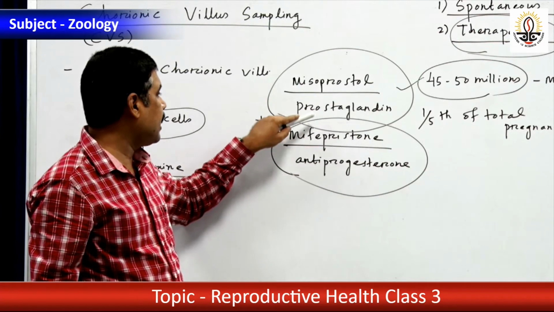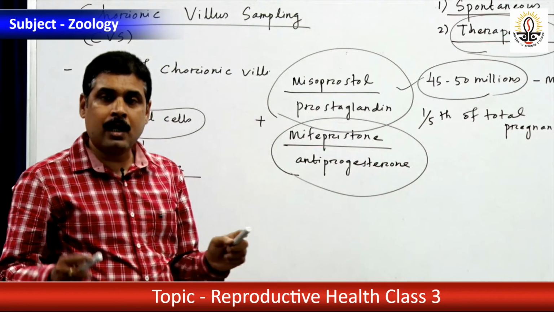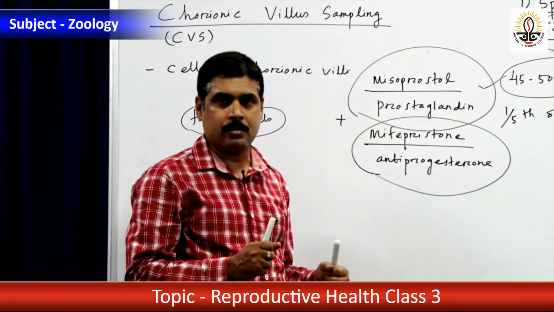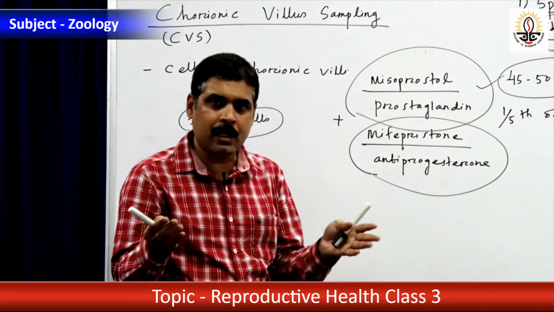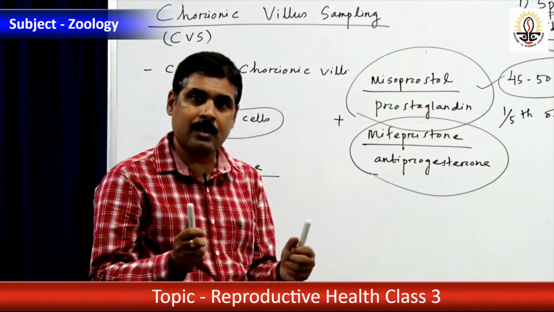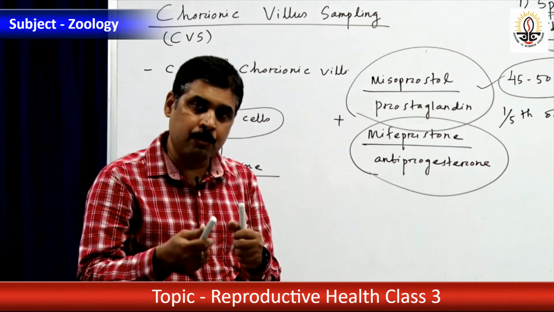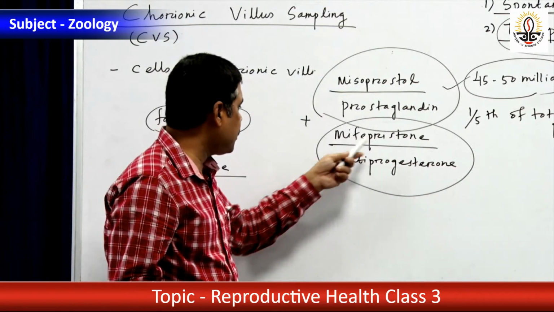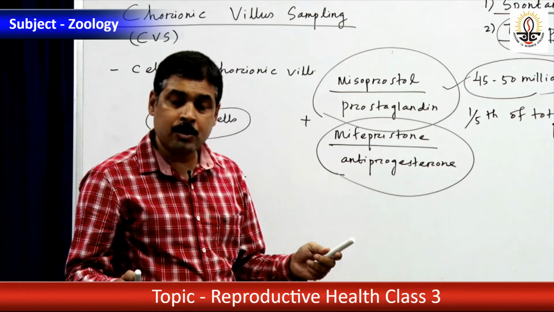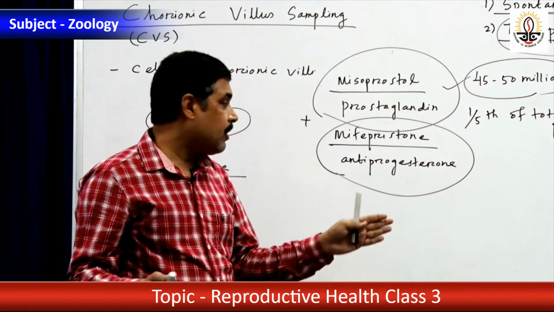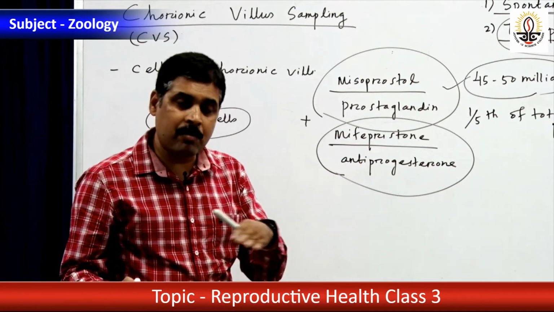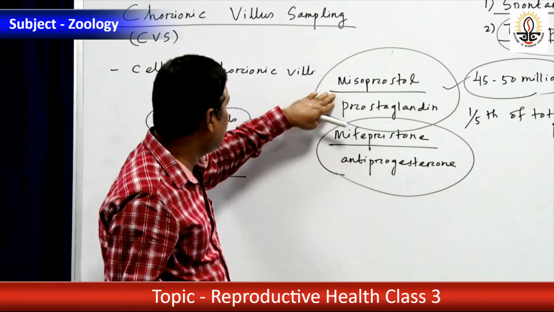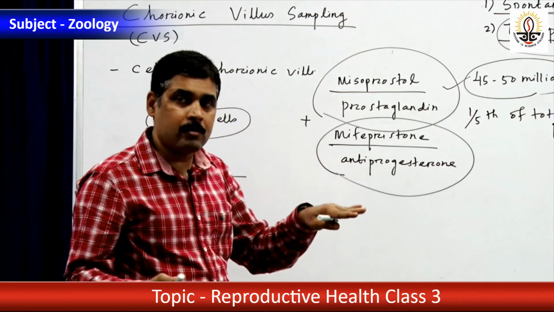One is misoprostol, that is prostaglandin. So you know what the prostaglandin hormone will do? Prostaglandin hormone actually causes uterine contraction. Whenever there is movement of sperm, semen contains prostaglandin, which causes uterine contraction. So if we induce uterine contraction artificially, then there will be abortion. Second one is mifepristone, anti-progesterone, you know. Progesterone maintains the placenta. If anti-progesterone is given, then the placenta starts receding. So the tablets in the unwanted kit contain misoprostol and mifepristone.